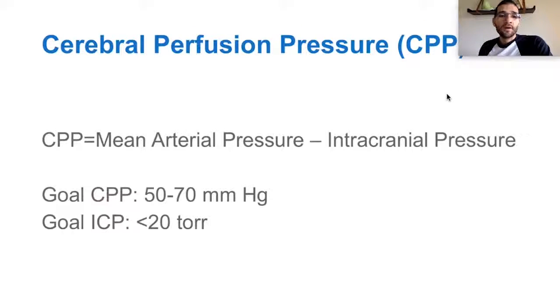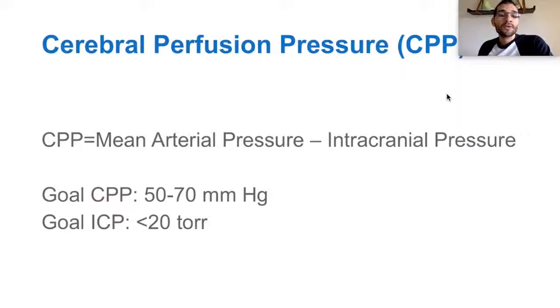So what is our goal? Our goal cerebral perfusion pressure is 50 to 70. What we know is that if we try to shoot for a cerebral perfusion pressure greater than 70, there is an increased risk of complications, and that may be perhaps because a patient requires inotropes or vasoactives